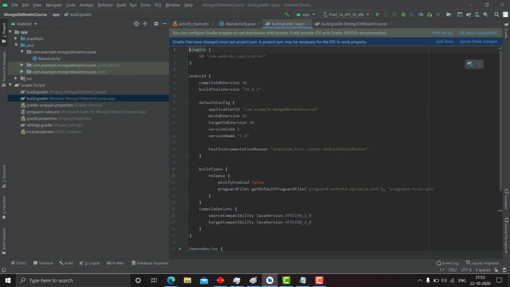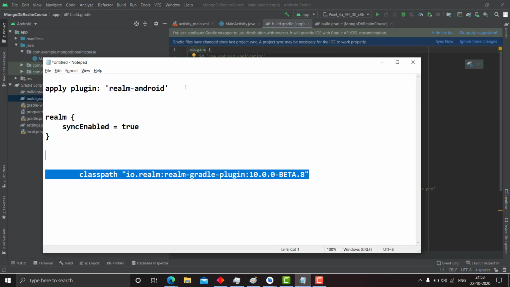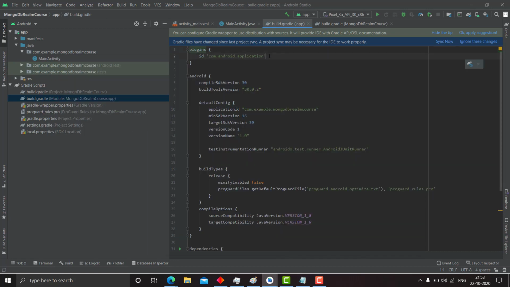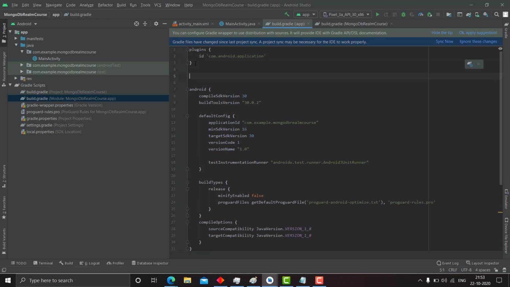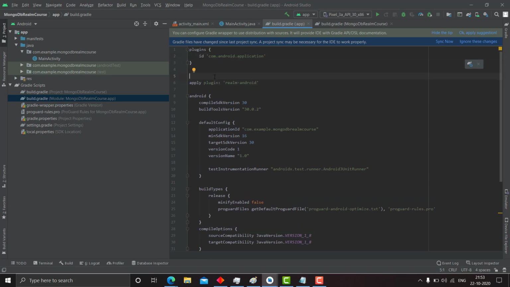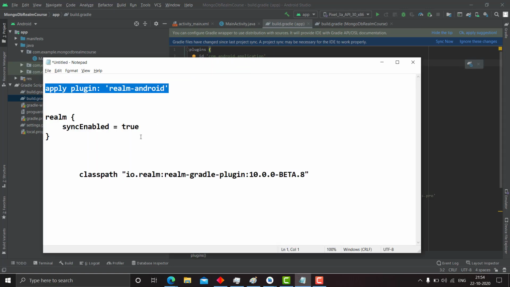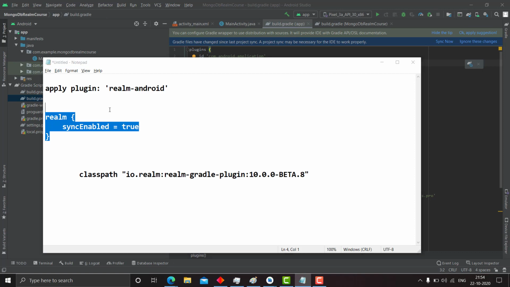Then go to the module or app level build.gradle, and we will use this apply plugin. Just add it at the top: apply plugin realm-android, and the next thing is realmSyncEnabled equals true.